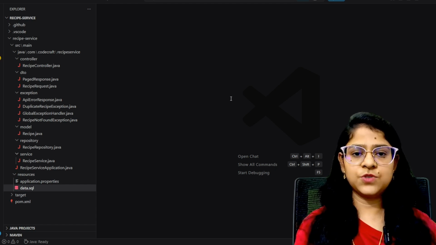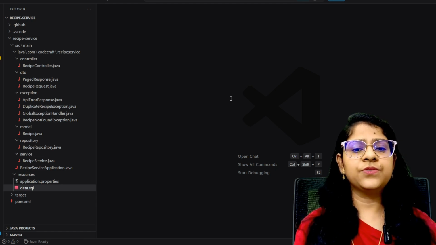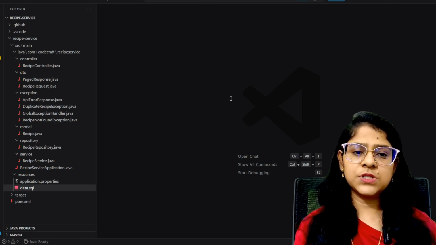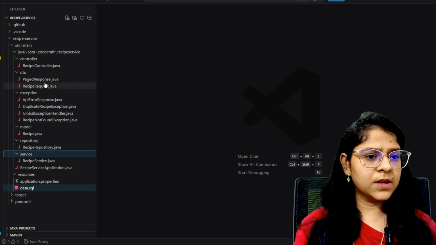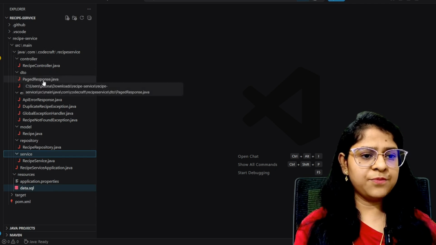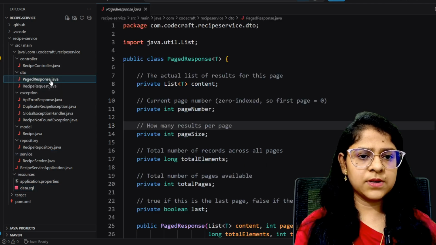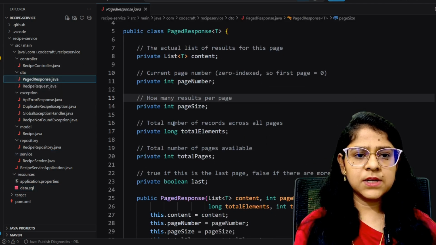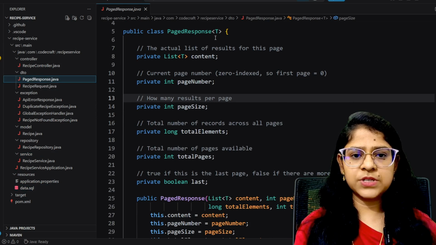So here I have done a few changes. First let's see the PageResponse DTO. In the DTO package we have PageResponse. Here you can see this is our class PageResponse. Here you have the fields: content, a list of content,